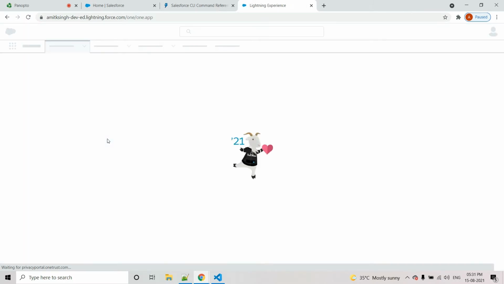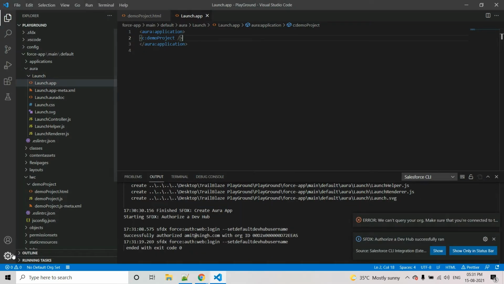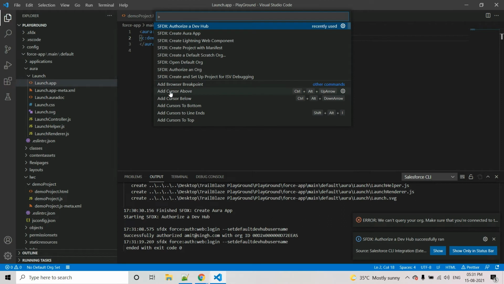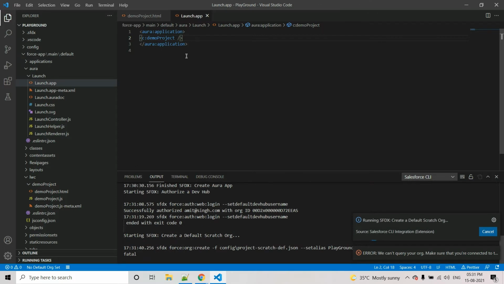So once the authorization has been done, we need to create a scratch org. So create a default scratch org. Just click on it. Go with the default options. Keep on pressing enter.